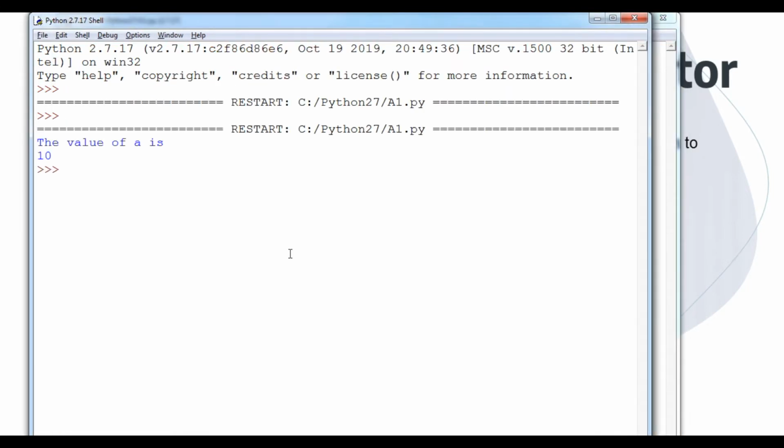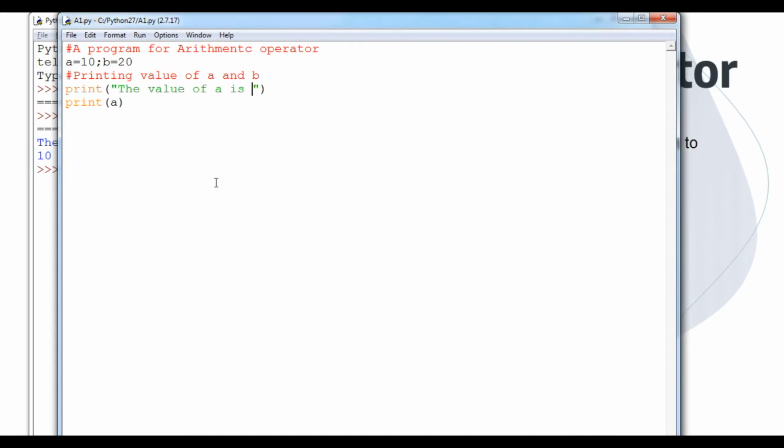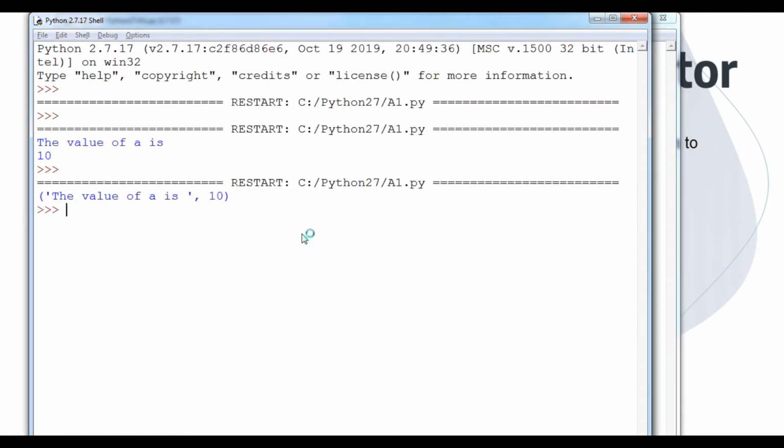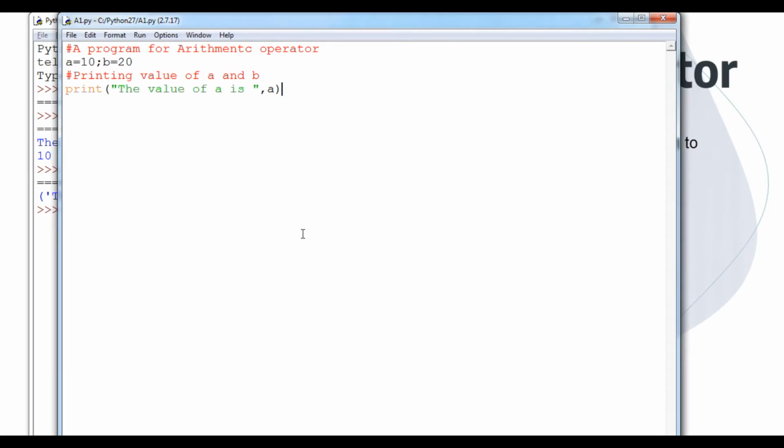Now you can see the value has come, but the two values have printed on separate lines. To overcome this problem, I will print the a within this line only, so the next output comes within a single line.